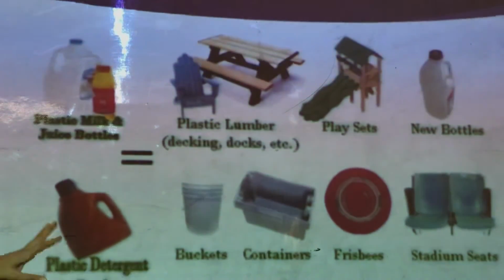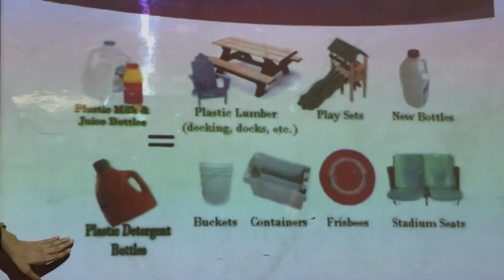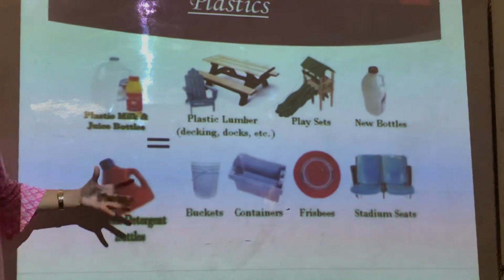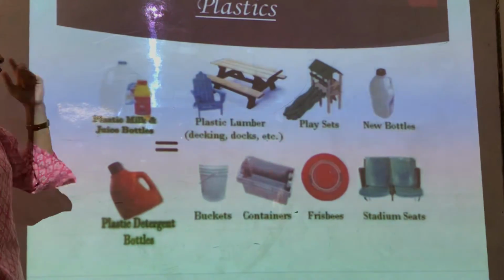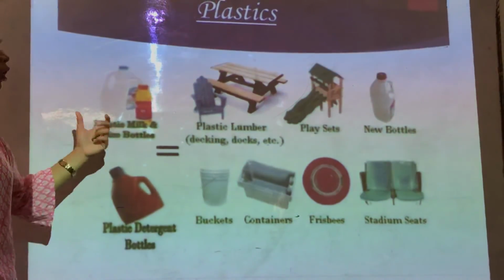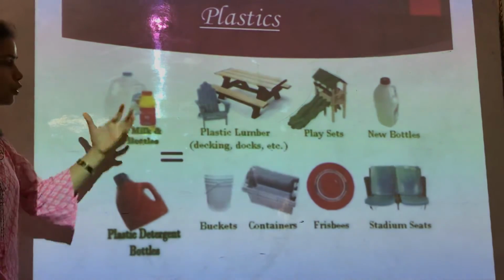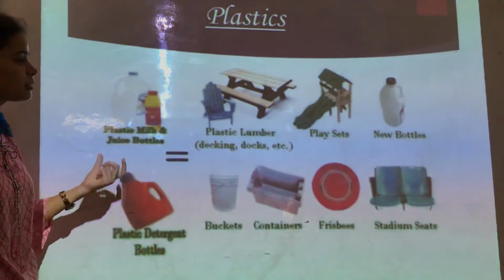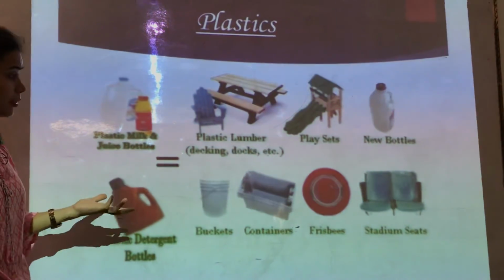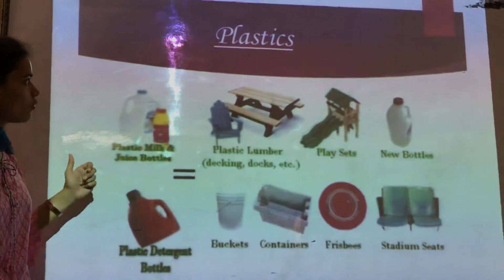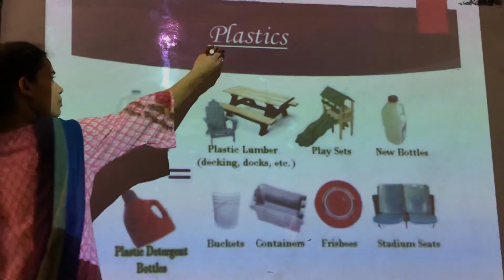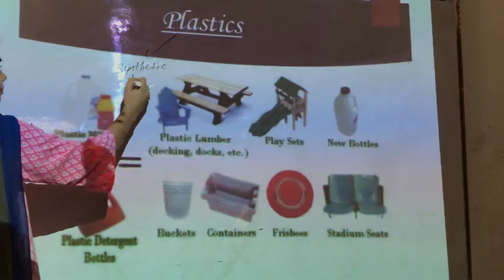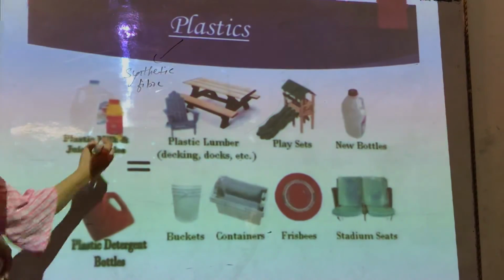Now, these all are the plastic equipments that we use in our daily life: plastic detergent bottles, buckets, and also the containers that your mother might be using at home for storing pulses, spices, sugar, tea, even biscuit wrappers. Everything is made up of plastic. So plastic is also a synthetic fiber.